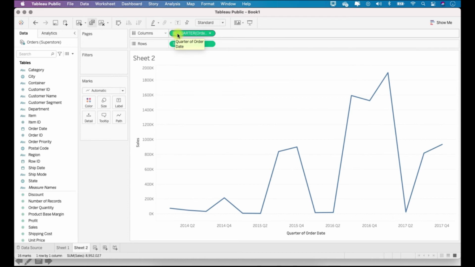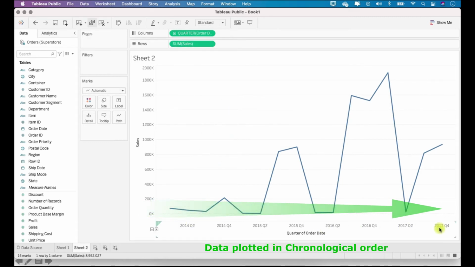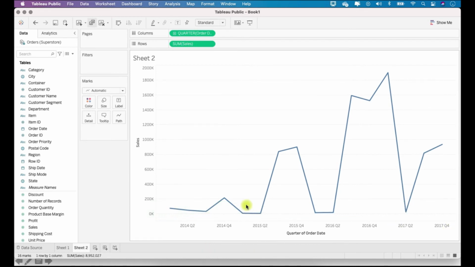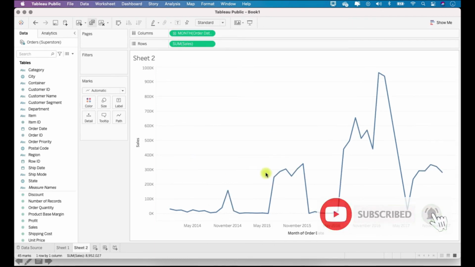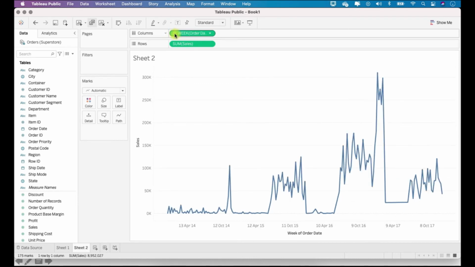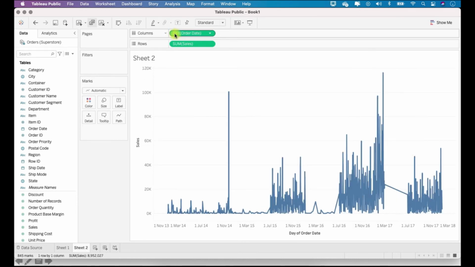Now you can see, though the data has expanded, we do not get any additional fill, right? But we now get quarter data in chronological order with respect to time, and the graph has become busier. Now again if we click on this, month data for all the years is being displayed. So the graph gets busier and busier, and it is following the chronological order. Okay, likewise again for week, again for day. So this way the date value behaves.